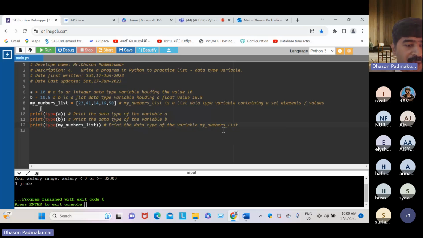It means, dear students, let's say I'm not sure what data type A, what data type B, what data type my numbers list are. So I'm going to run the program to see the output.